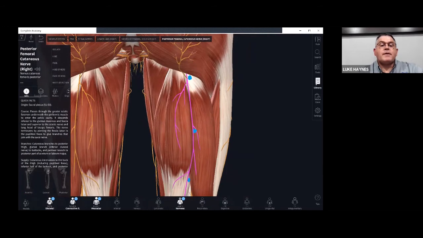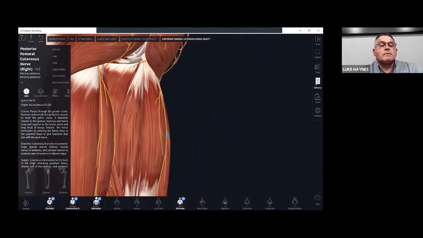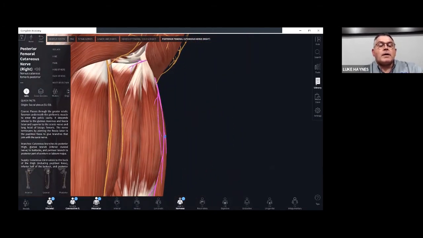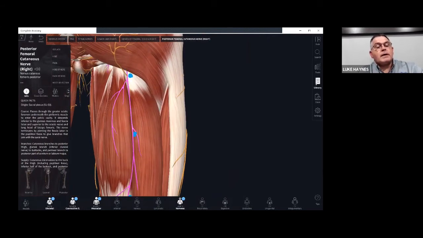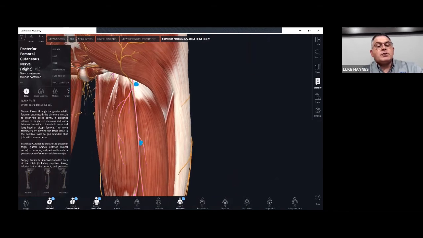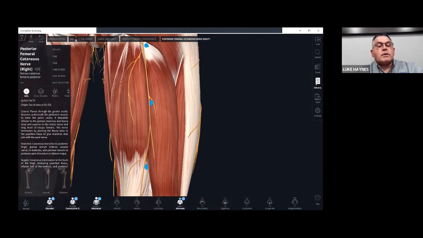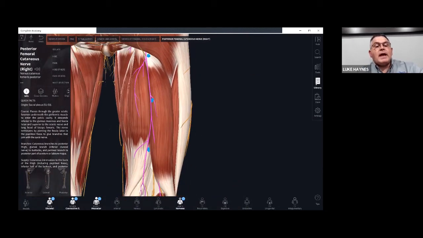All right, so posterior femoral cutaneous nerve. Coming off of there are the branches of the inferior cluneal nerves, and the perineal nerves; they're hidden. There they are. And so those can be needled separately if you've got a gluteus maximus issue. But again, first location at the bifurcation of the hamstrings, we're going to needle right into there at the inferior